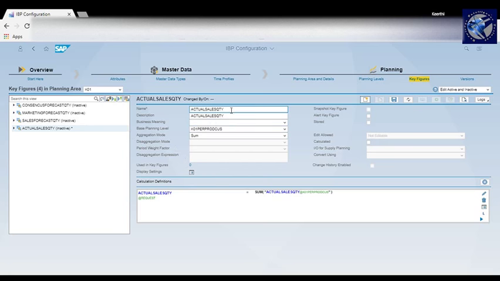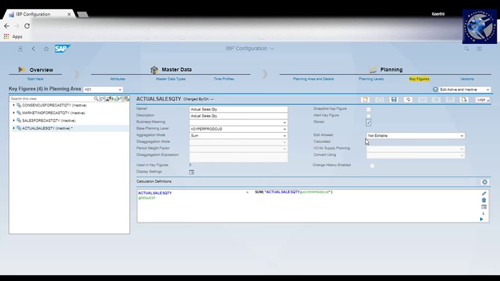And in this case, I want to put actual sales quantity. So in this case, I want even this to be a stored key figure, but I don't